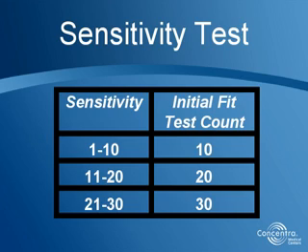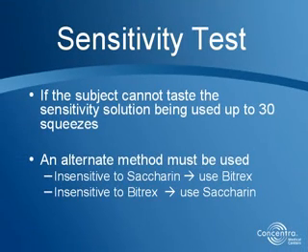If they detect the taste between 11 and 20 squeezes, you count this as 20 squeezes when performing the actual fit test with the mask. If they taste the solution between 21 and 30 squeezes, you count this as 30 squeezes when actually performing the fit test. If after 30 squeezes the individual cannot taste the Bitrex or saccharin, you would have to use an alternate method. An example would be if I'm using saccharin as a sensitivity solution and they cannot detect that taste, I would have to use Bitrex. If I'm using Bitrex on the sensitivity and they can't detect